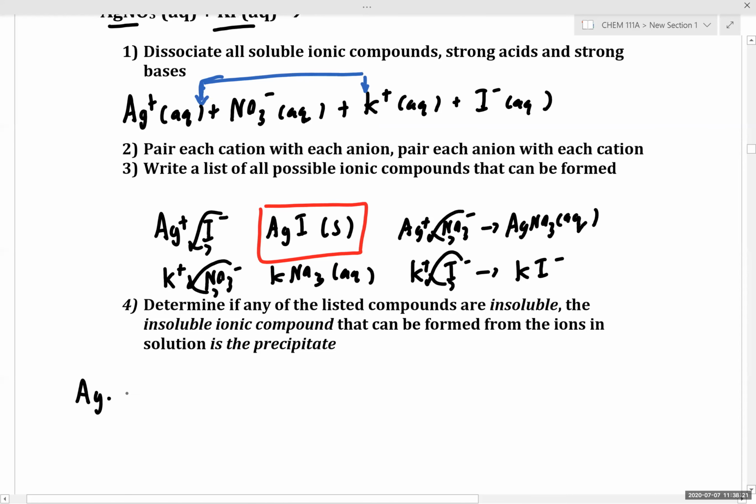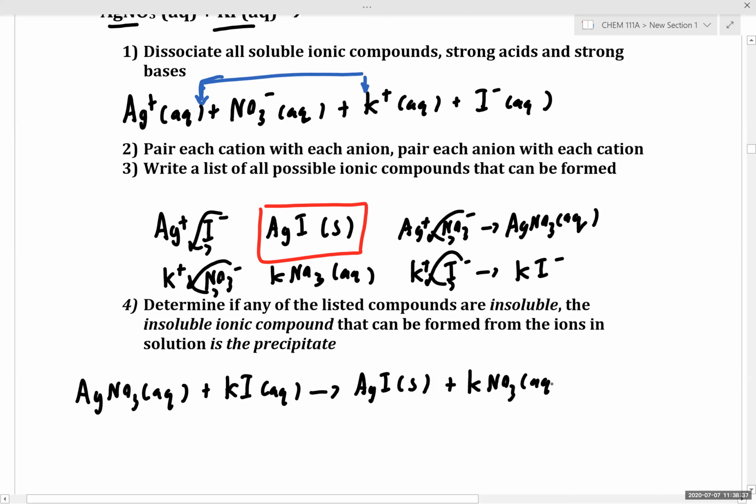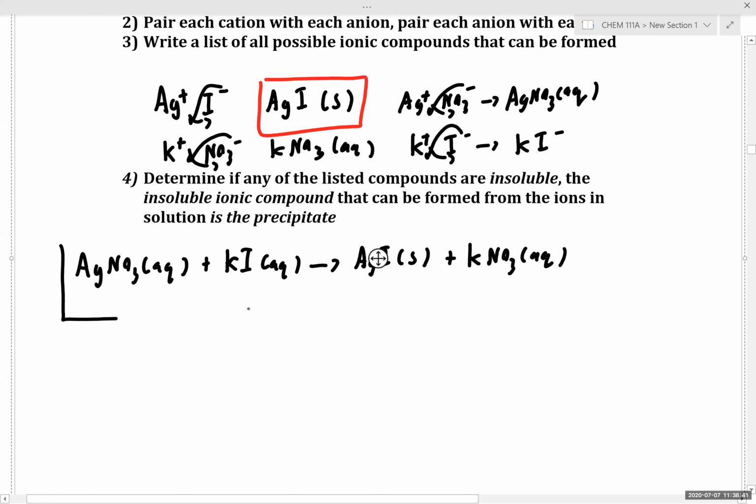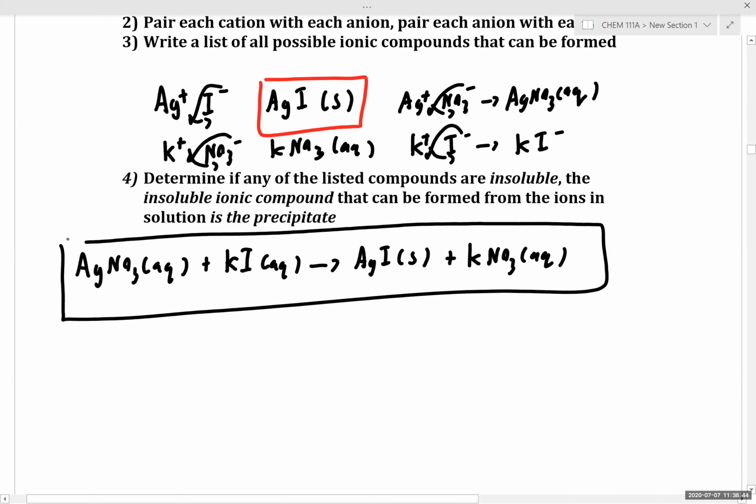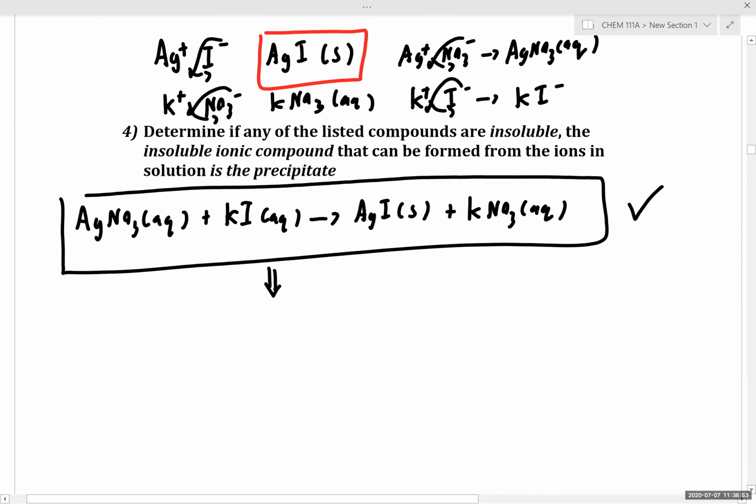So we have silver nitrate, aqueous, plus potassium iodide, aqueous, leads to silver iodide, solid, and then as a byproduct, we get out potassium nitrate, aqueous. So now that we have our proposed equation, we've checked, and it is in fact balanced. And if we want, we can even show that this is a reasonable precipitation reaction by looking at the net